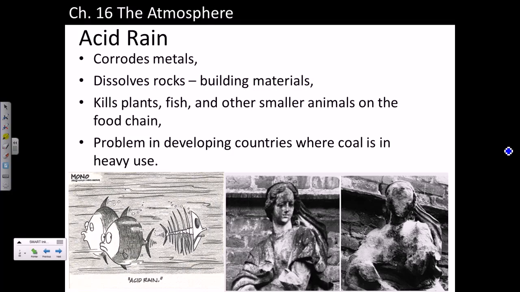One of them is that you acidify ocean waters, but stream and lake waters as well, and that causes ecological problems, but also will corrode metals. And you can see here in the image on the right, you've got the face that's been etched off of what is essentially limestone, right? And you remember back to where we talked about limestone reacts with HCl. It'll actually react with a lot of different acids, and so it's basically just breaking down the rock.